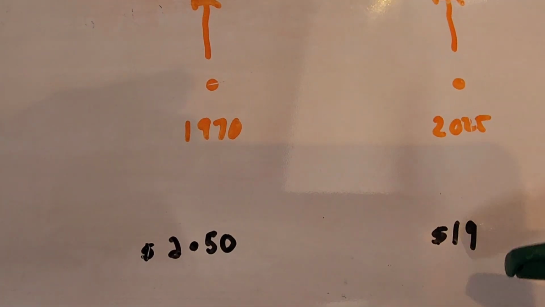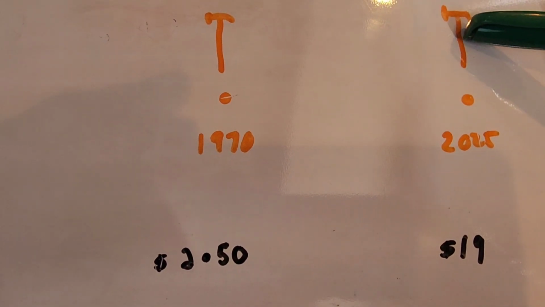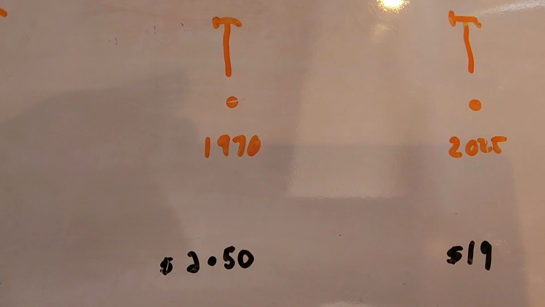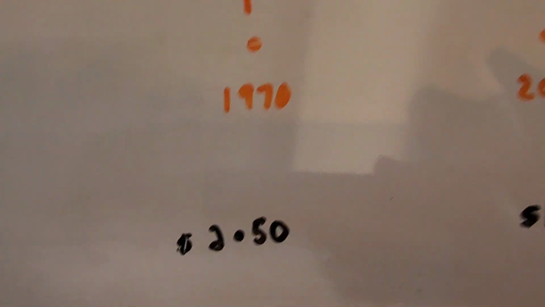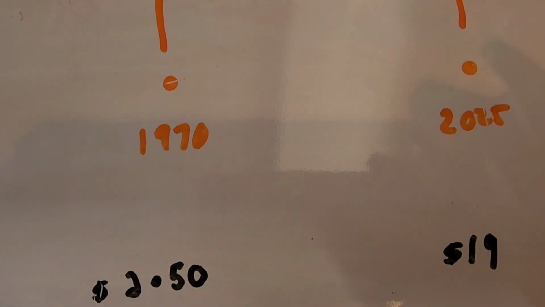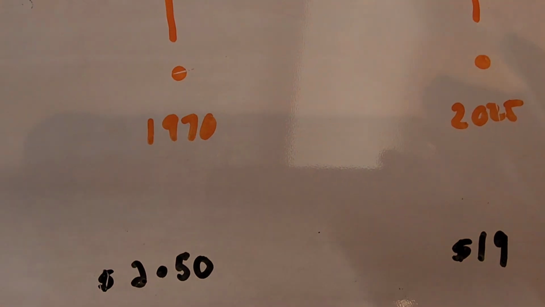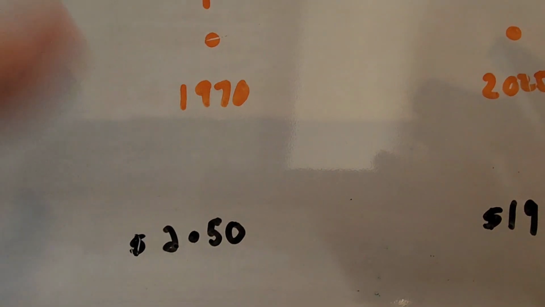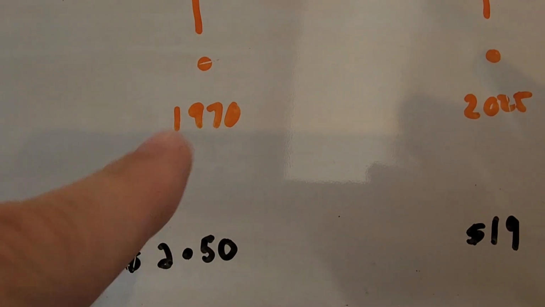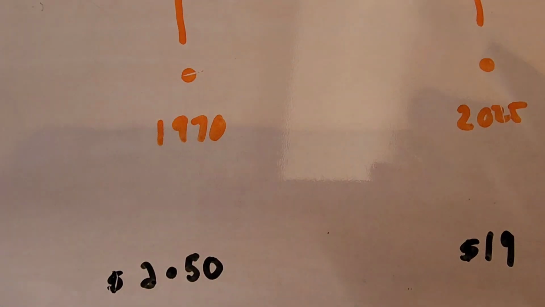Fast forward to 2025, the hammer is now $19. We use the same size fleck of gold, and it buys the same hammer. So what changed was it took more dollars, but the piece of gold remained the same. And that's what a store of wealth is. That retains its value. The dollar obviously lost value, so it took more of the dollars to buy the hammer. But the piece of gold bought the exact same quantity as it always did.